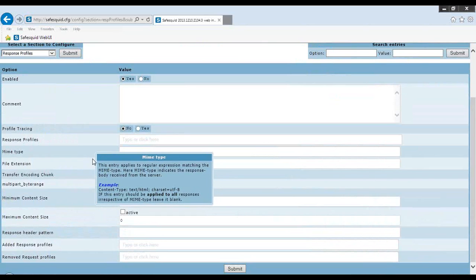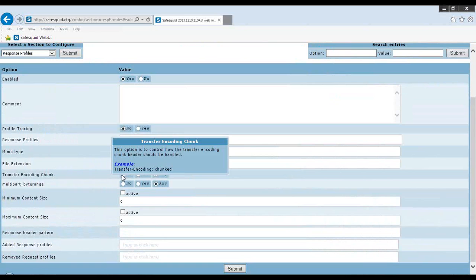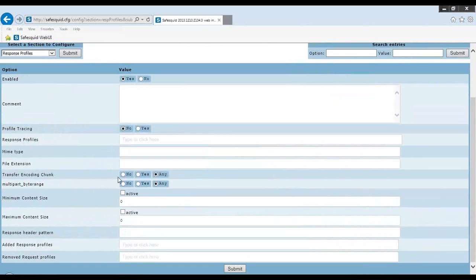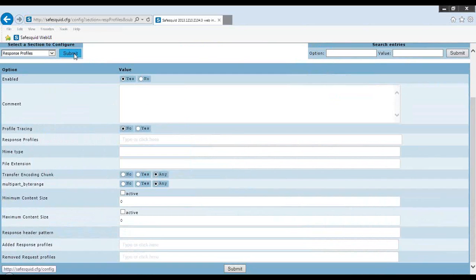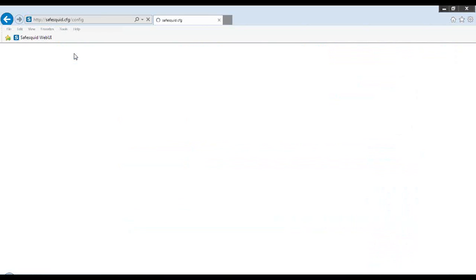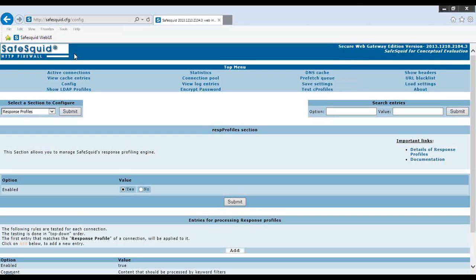Like you can individually profile images, text, whatever you want, even based on the file extensions and the mode with which the content comes in, like transfer encoding. So you would be able to use this request profiling, response profiling, and time profiling, and combine them all into a profiling section and create profiles as you would want for the filtering to happen.